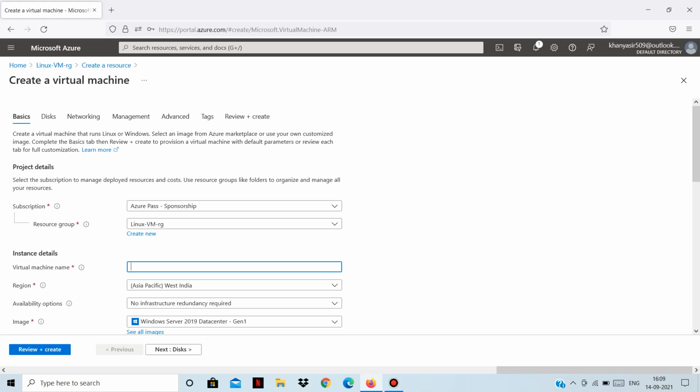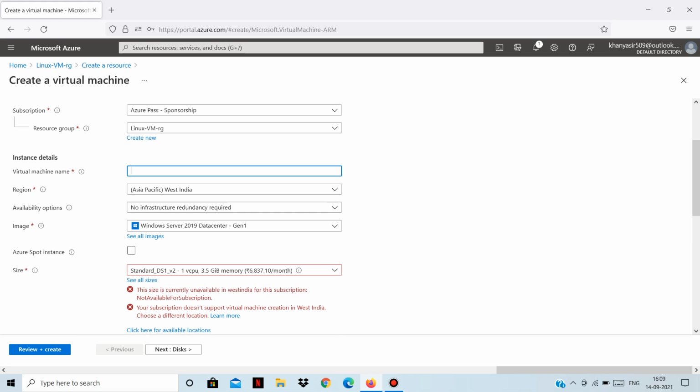Now here is our subscription and the resource group already selected. Let's give this virtual machine a name. Okay, now select a different region, as again we know that West India doesn't support this size for this subscription.